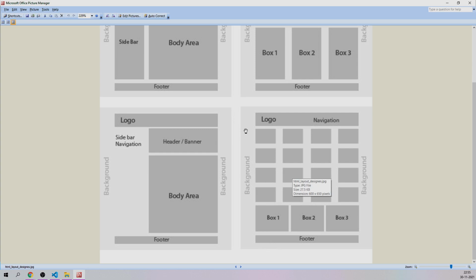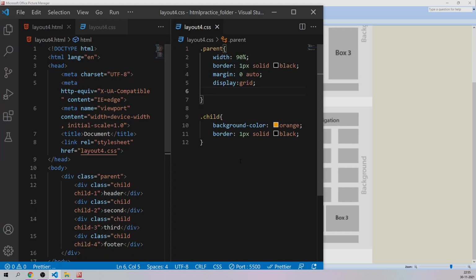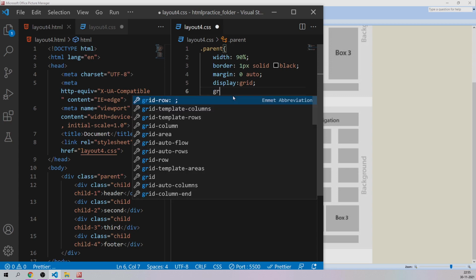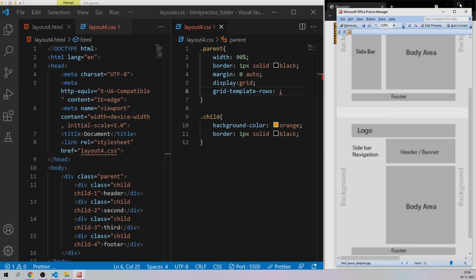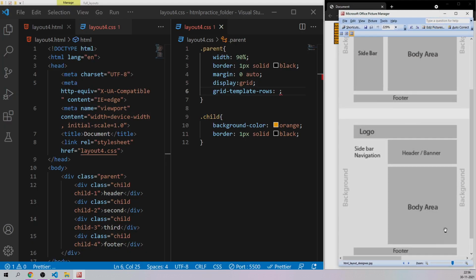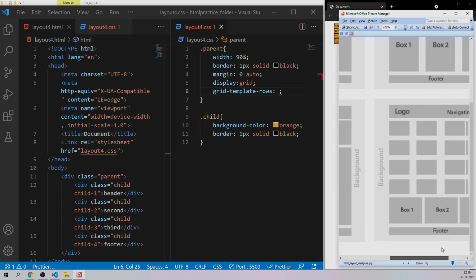We have 4 rows like this, and all the contents are right now coming in that particular format itself. But let me say grid hyphen template, 4 rows are there. And depending upon the size, let me minimize this one, and let's go to that particular one.